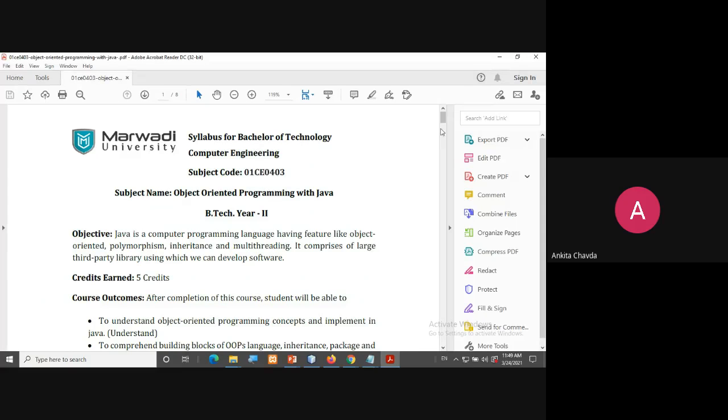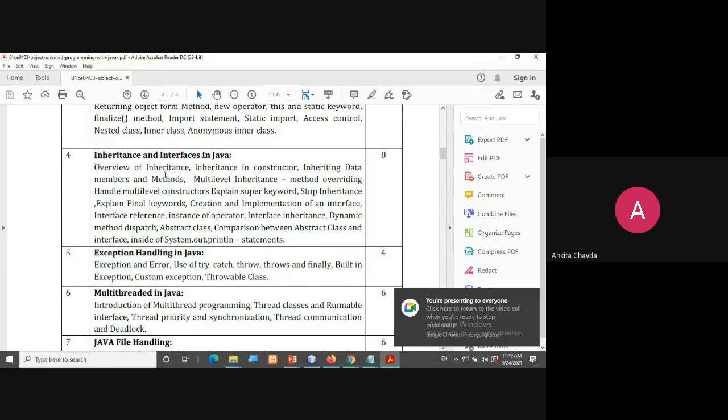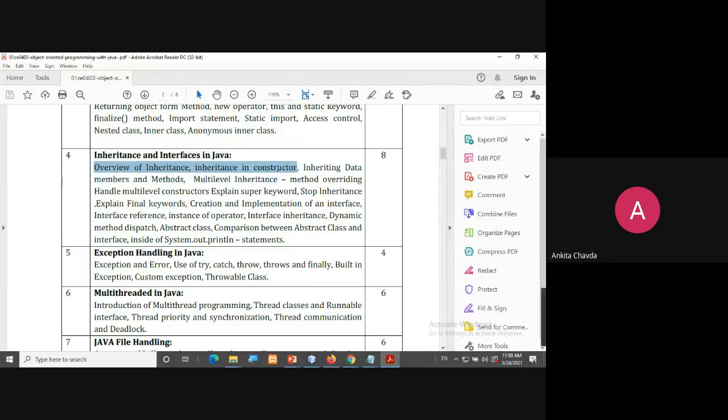So see here, we have this fourth unit, overview of inheritance. Inheritance in the constructor, meaning constructor chaining, inheriting data members and methods, multi-level inheritance, method overriding, handling multi-level constructors, explaining the super keyword, stopping inheritance via this and final, right? Then creation and implementation of interface, interface reference,